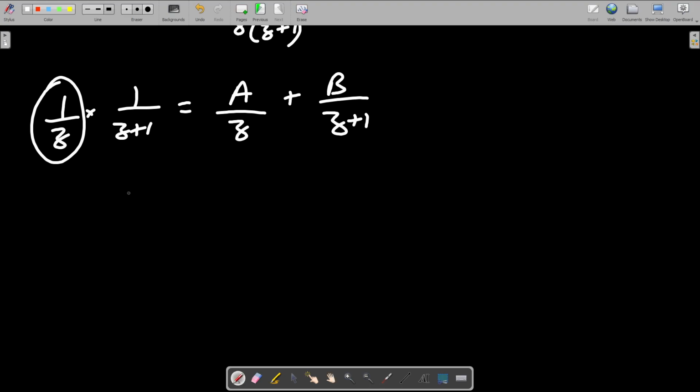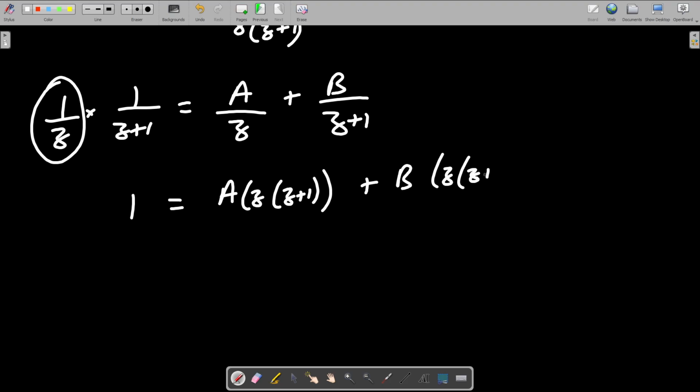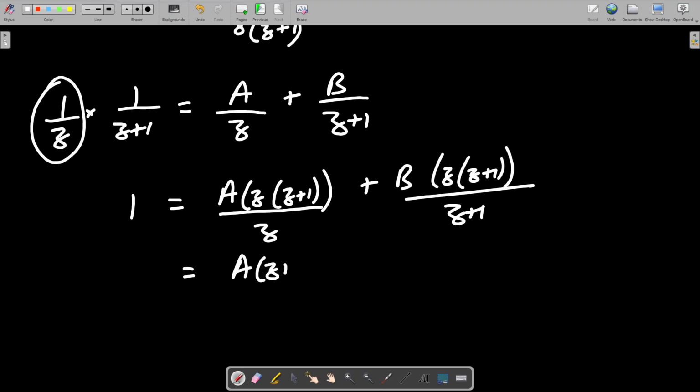Yeah, so how do you all deal with this situation now? You all multiply the denominators on top, right? So only one will remain here. So it becomes a times z into z plus 1, and here it will become b z into, this is z and this is z plus 1. Okay, so z will cancel, you will get a times z plus 1 here, and you will get b times z. What do you do next? You collect the terms